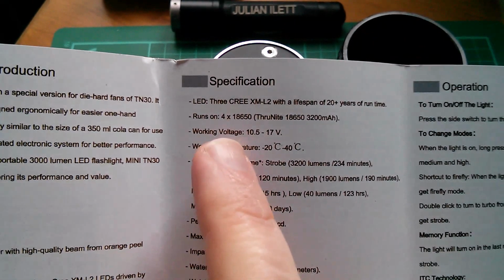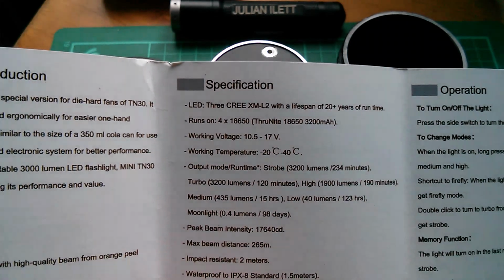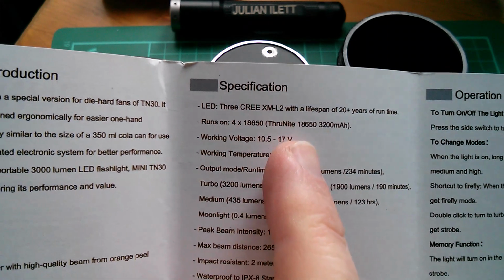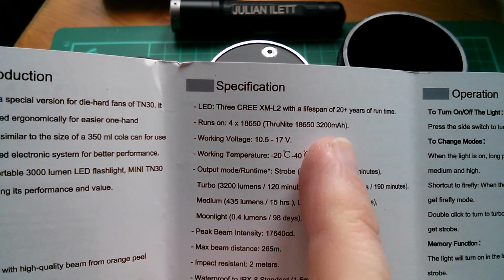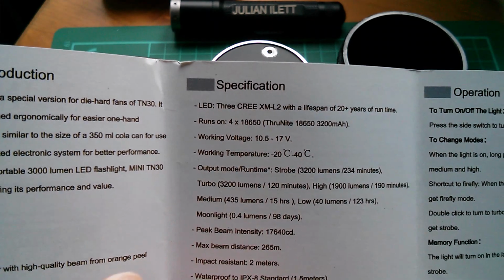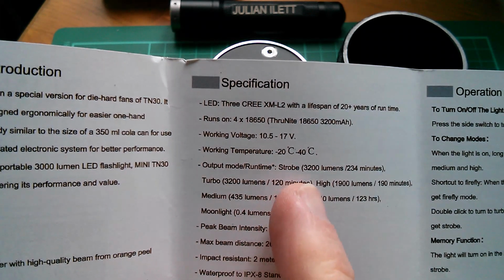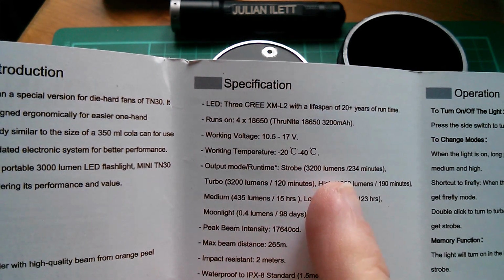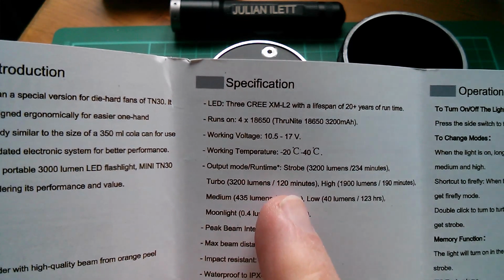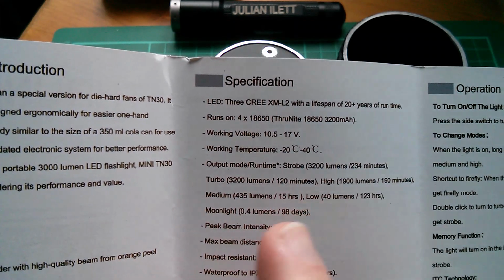Okay, some specification. We have 3 Cree XML2 LEDs, lifespan of 20 plus years. It runs on 4 18650 cells. Now these are protected cells. 3200 milliamp hour are the ones supplied. Working voltage is anywhere from 10.5 to 17 volts. We've got temperature ranges. Output mode runtime, strobe 3200 lumens for 234 minutes. Turbo is also 3200 lumens for 120 minutes, and then there's various ranges of brightnesses: high, medium, low, and